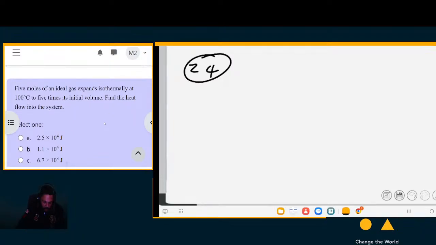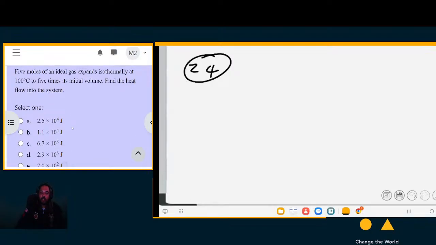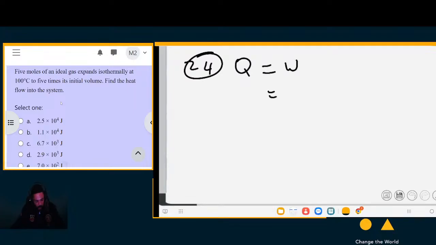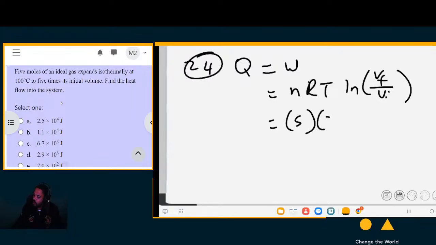If it's isothermal, it means there's no temperature change, so the work is equal to the heat. We want the heat flow into the system, but the heat is equal to the work, and we know that the work is equal to nRT ln of V final over V initial. Now that's 5 moles,